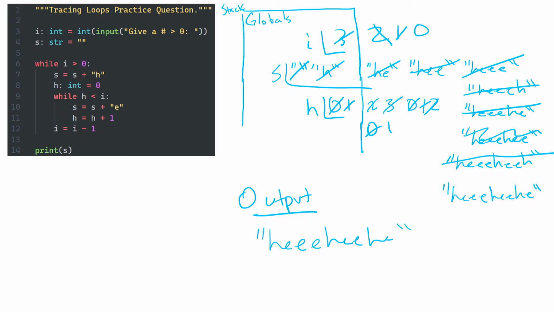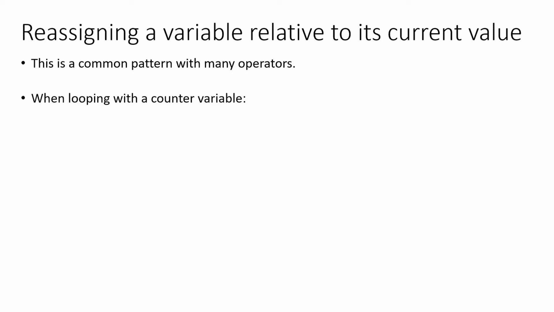All right. So what we saw happening in many places in this example was we were reassigning a variable relative to its current value. This is super common. Like, you want to take a value x, add 1 to it, and reassign that back to x. You want to take a string and concatenate something onto the end of the string. You're having to do this in the current Wordle, where you're concatenating emoji onto a string to build it up. This is super, super common.